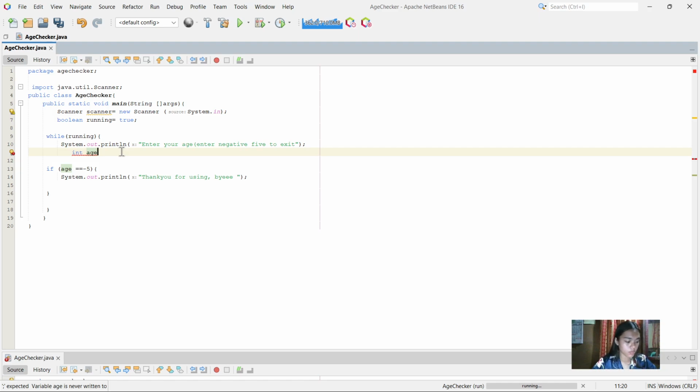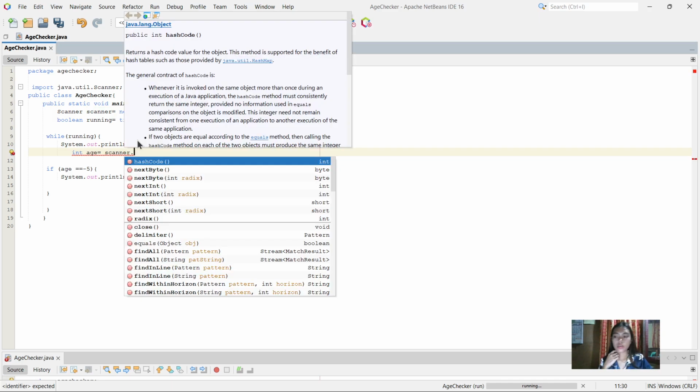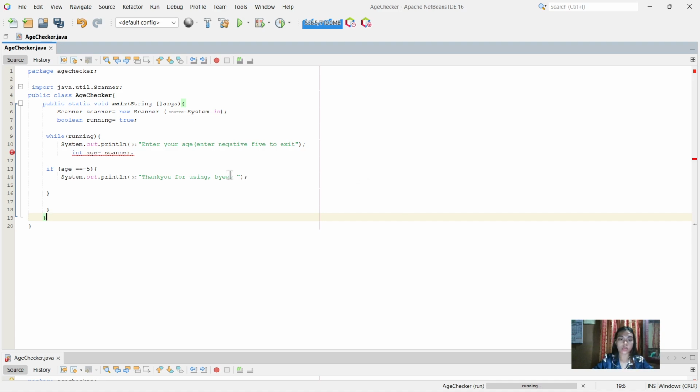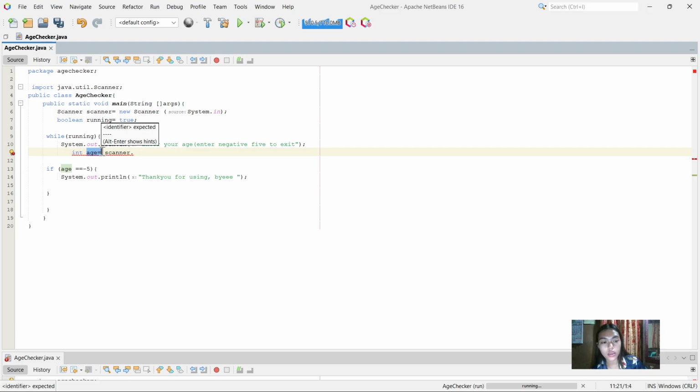Since it will read the age, this captures the user's input and stores it as an age variable.